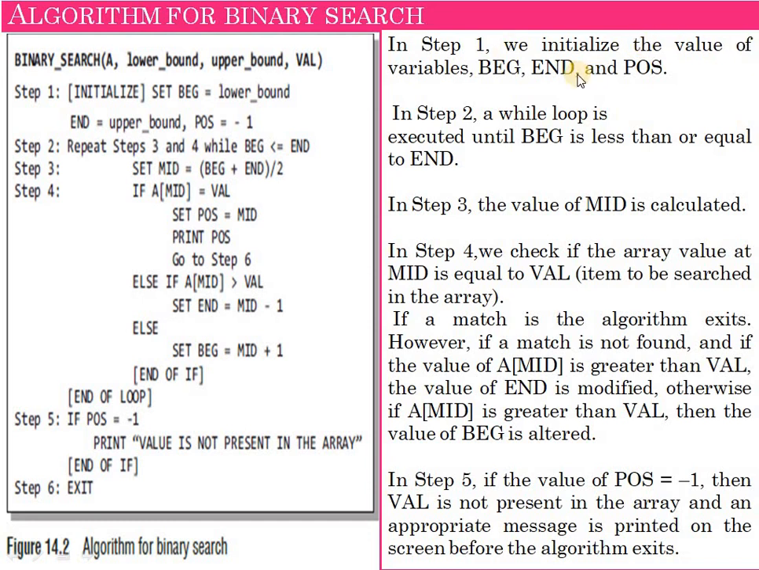Step by step. In step 1, we initialize the value of variables, that is beginning, end for the last element, and position POS. In step 2, a loop is executed until the condition, that is beginning is less than or equal to end. Now in step 3, the value of mid is calculated. In step 4,